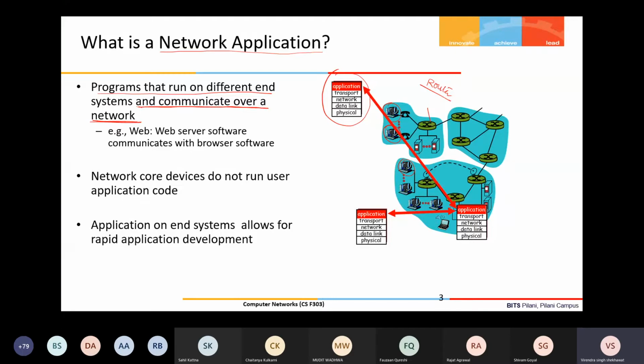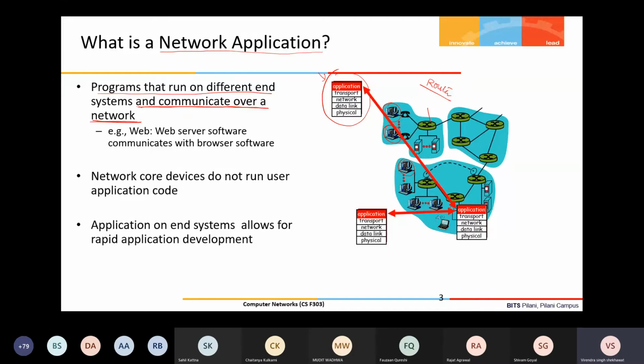Okay, their functionality we will understand later, but right now for our purpose these are intermediate devices, and these intermediate devices don't run any application related code, right? So the application entirely executes or runs at an end host only. If two hosts are communicating, then one host is requesting something and the other host is responding, right? So the request-response processing is done at the end host only.